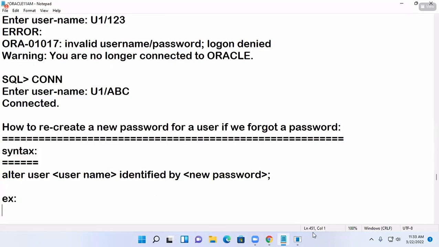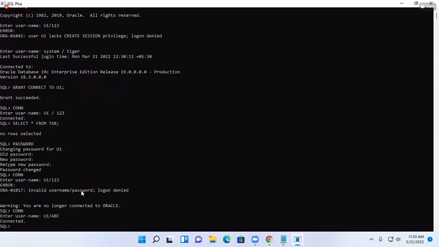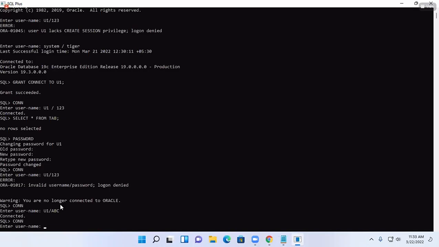For example, my user U1 is there. For this user, I forgot the password now. Then how can I recreate it? The recreating of passwords is done by your administrators. So the user sends a request to the admin: I forgot my password, so please recreate it. That is why first I want to connect with the administrator. So system